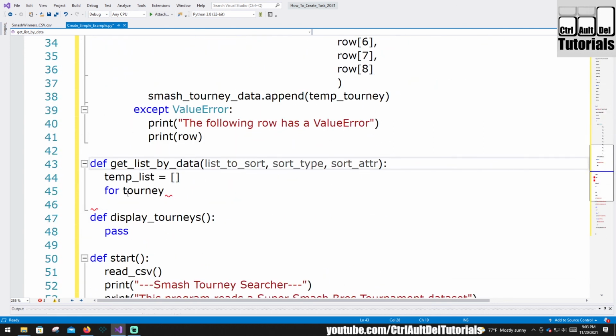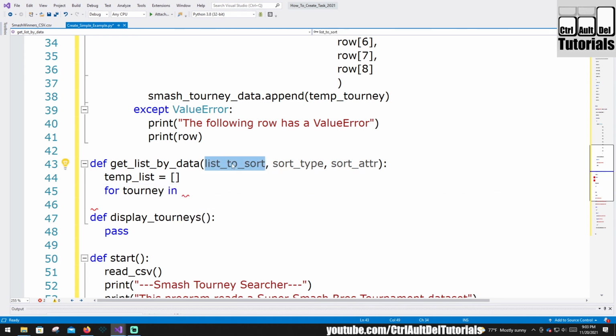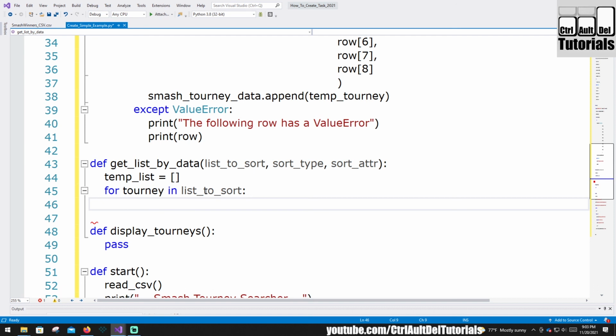So for each tourney in the list that I'm sorting, list to sort, now we're going to check whether or not we're sorting by year or month. That way we can use this same function multiple times, which is something else they want to see in the create task. So here I'm going to say if my sort type equals year,